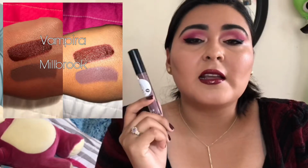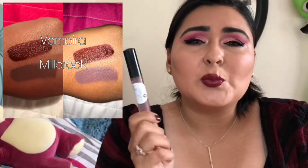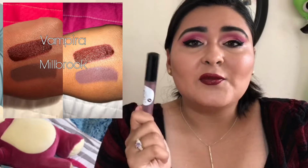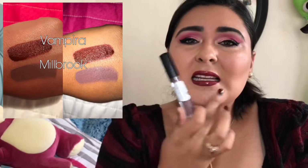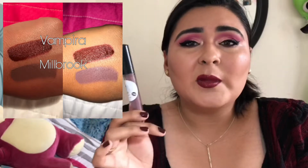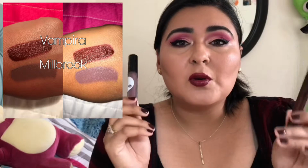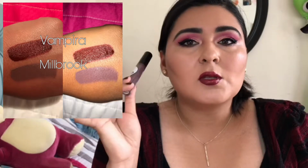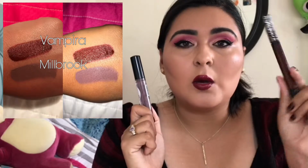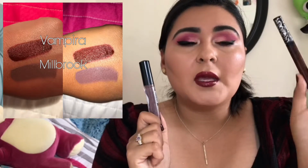But this one does have its negatives as well. This one's super drying, and it does flake off your lips if you keep layering, and just throughout the day it gives you that really dry lip. Extremely uncomfortable, but for some reason I used to wear it to work. So if I had to pick between two uncomfortable formulas, this one you don't have to layer, this one's more opaque, I would definitely have to let go of the Vampira shade,